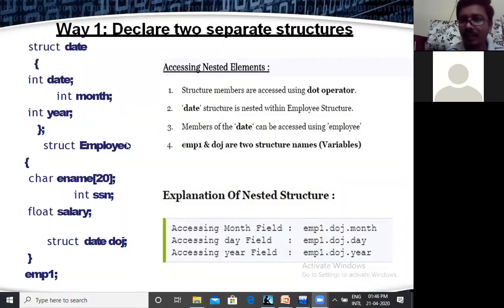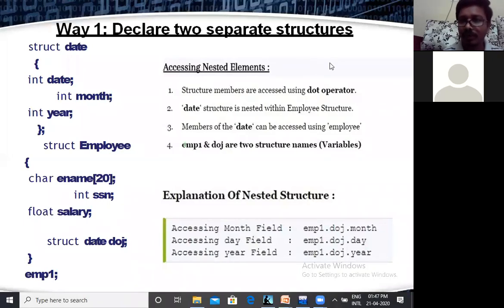Okay, next, let us verify. In this example, here we are accessing nested elements also. Next concept, accessing nested elements. Structure members are accessed using the dot operator.